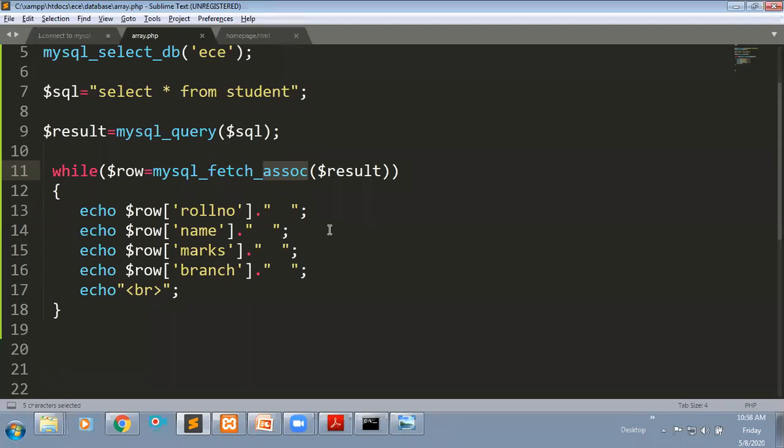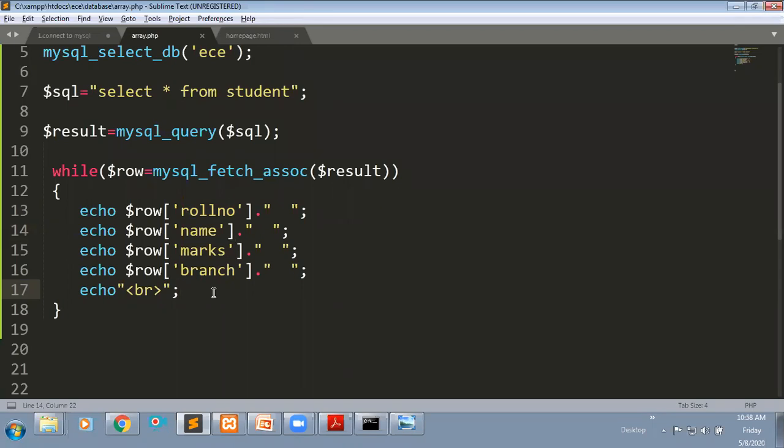We have three types of arrays: indexed arrays, associative arrays, and multi-dimensional arrays. In indexed arrays, the array elements are stored with a numeric index, which starts from 0, 1, 2, 3 like that. In an associative array, the elements are stored in the form of key-value pairs. Here the key is either character type or string type. Here we are taking the string as the key, and the value retrieved from the database is the value, which we are going to print in the output.